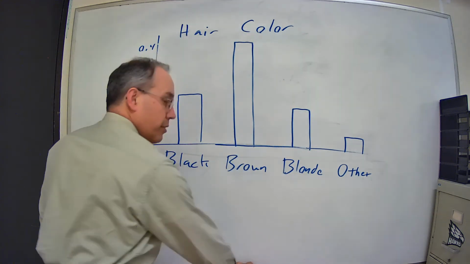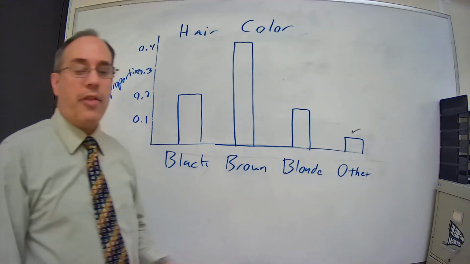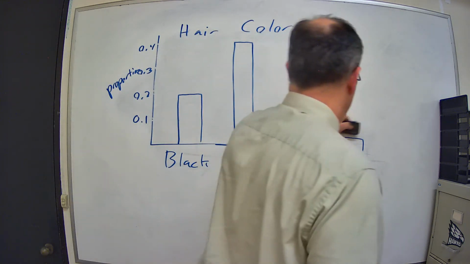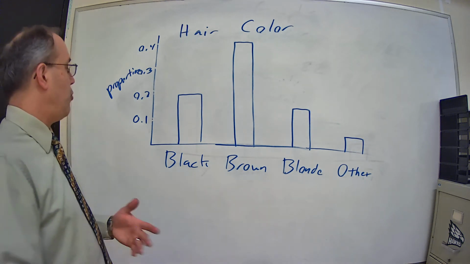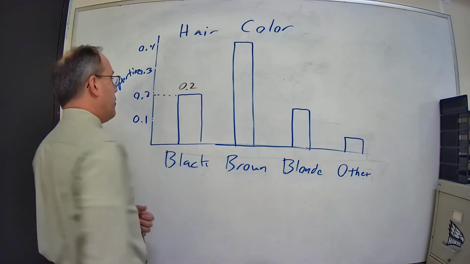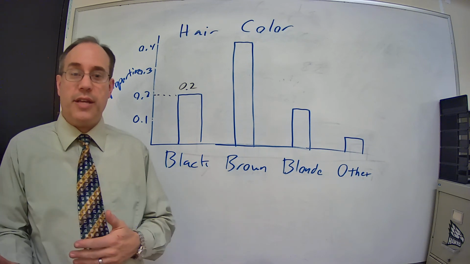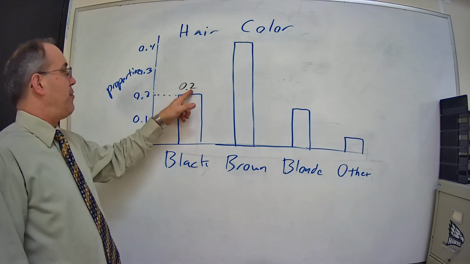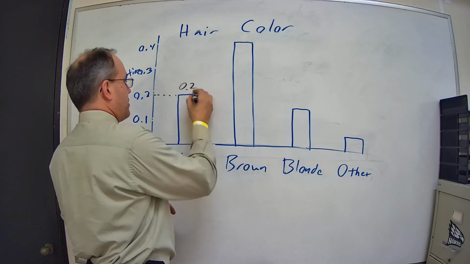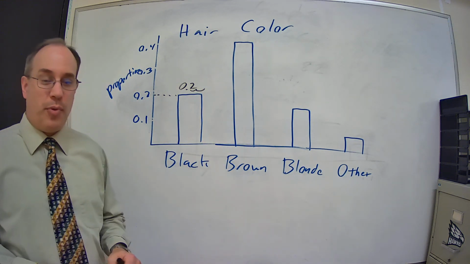Least common hair color. Looking across, that's going to be the smallest. Other. So the other category had the least amount, or the smallest proportion. What was the proportion of people with black hair? Looks like 0.2. And remember that proportions are just percentages put as a decimal, so I could say if the proportion was 0.2, then moving that decimal point over 2 places would make that the equivalent of 20% of the people